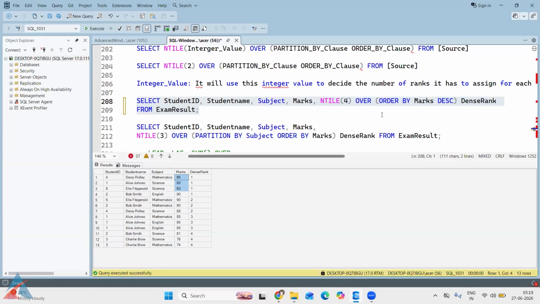But is it subject wise? No, this is for the entire result set. If you want it subject wise, you can use PARTITION BY. If you want three groups, or three partitions, in each subject,